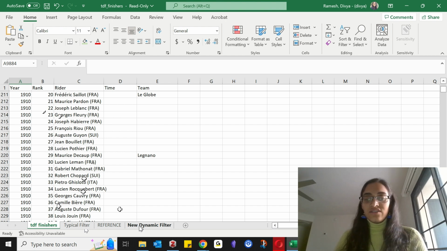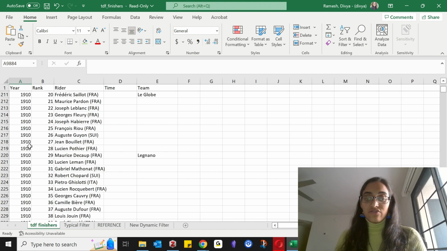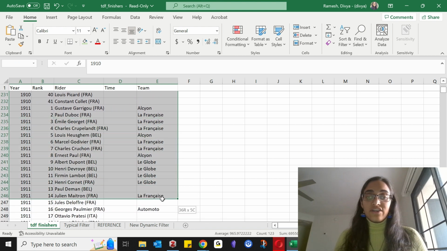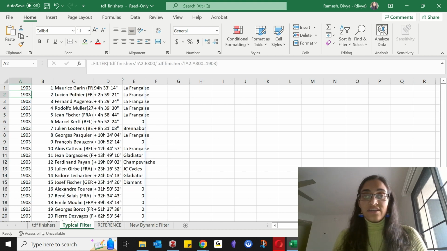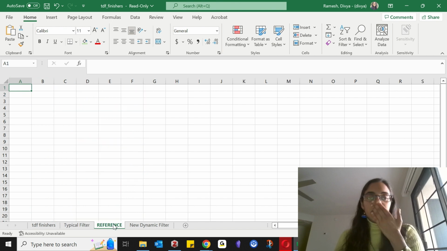But this particular video is talking about making a dynamic filter when you don't have a filter of an array that already exists. This is when you are trying to filter just the raw data and you're determining this highlight of the array. Make sure that it goes down as far as it needs to go, depending on the data that's here, and don't set it so that it is so rigid and tells you how far it's going to go down. So to do this, in the reference sheet, you're going to need